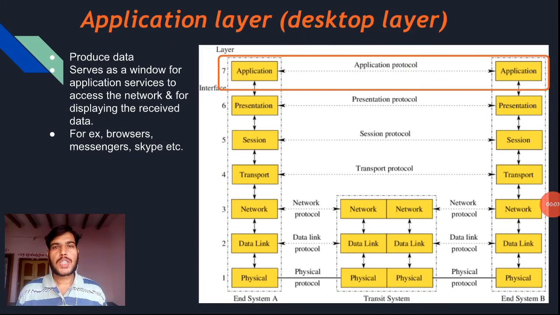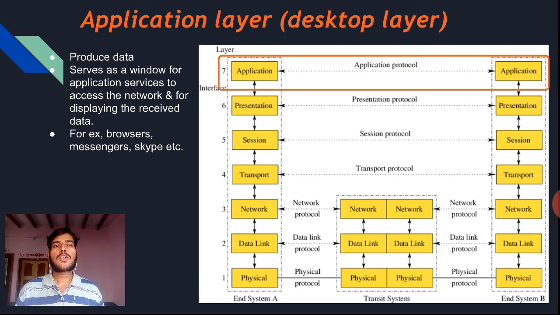The top layer of the OSI reference model is the application layer, which is also known as the desktop layer. Through this, the user is going to produce the data, and it serves as a window for application services to access the network and for displaying the received data.